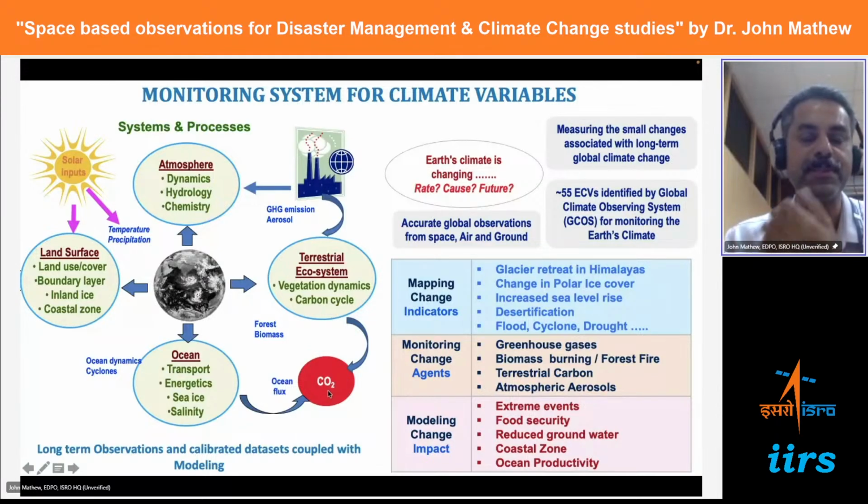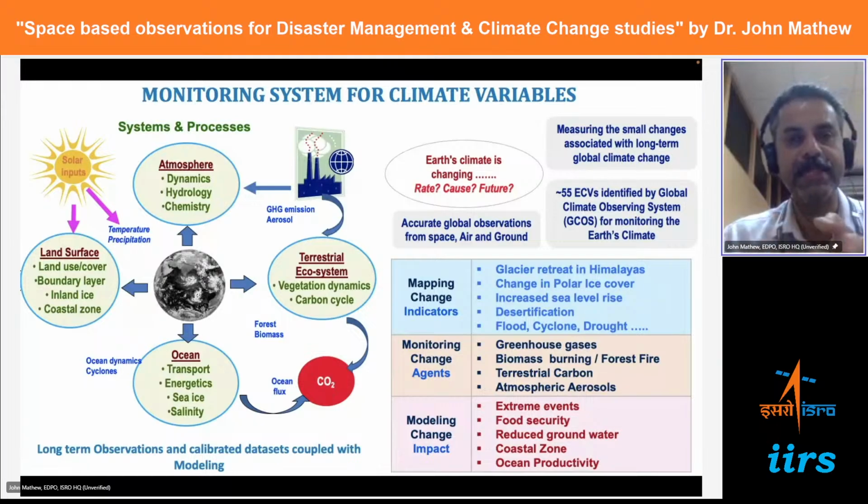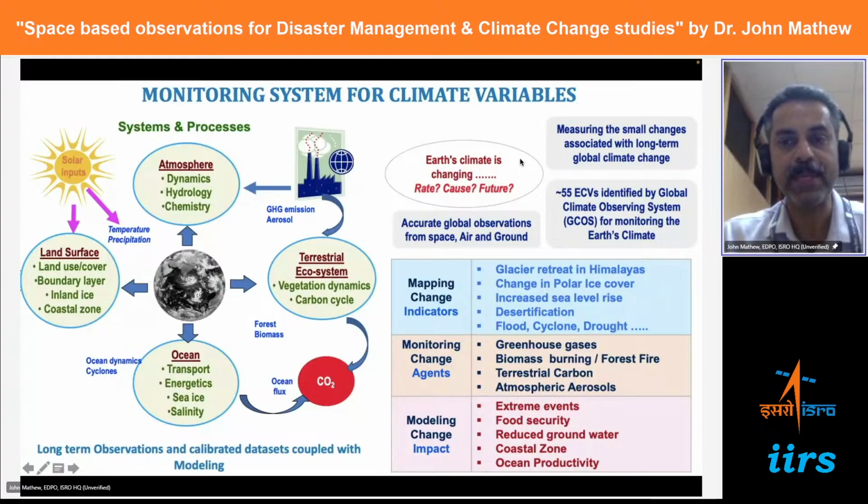Even rice cultivation also releases methane, which are all getting in as parameters into the system, and then assessing the change is very, very crucial. So now what is really important is that we have to measure such small changes associated with the long-term global climate changes. And there is an initiative, something called the Global Climate Observing System, or GCOS, and it is an